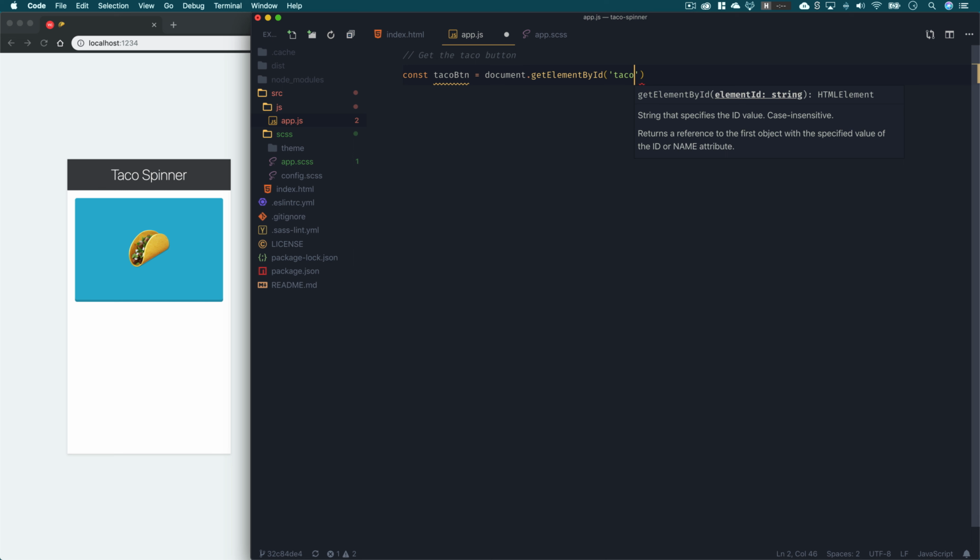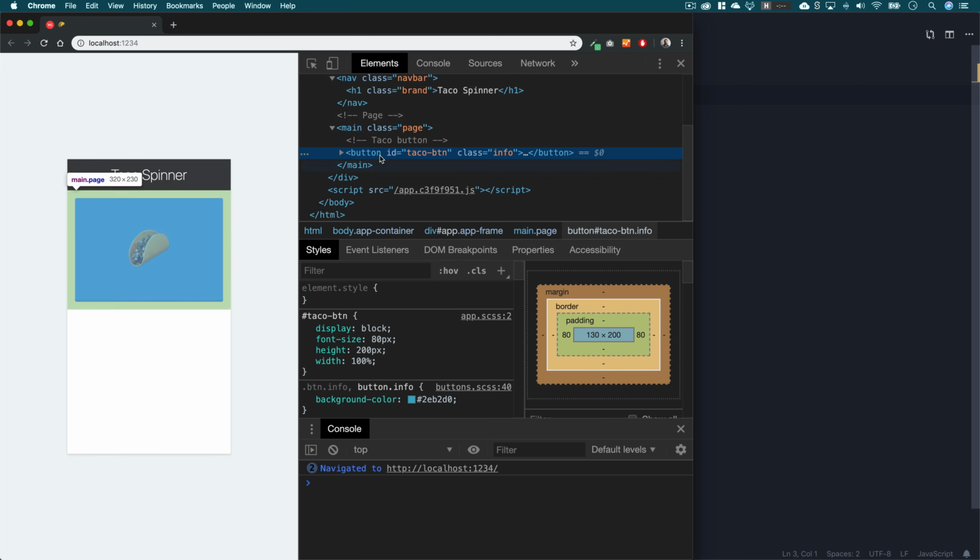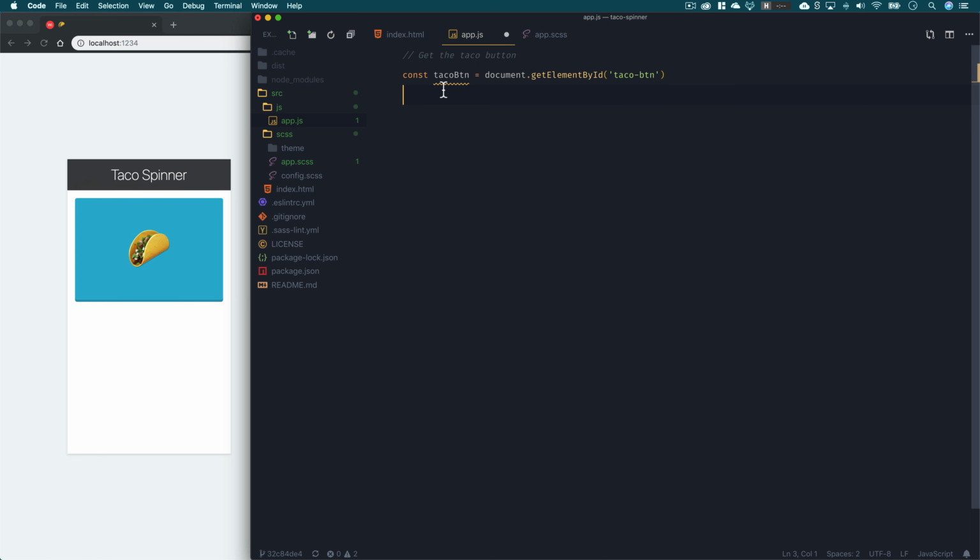So in this case, it's taco-btn. And this is called selection. This is a way that we are selecting an element out of the DOM. Out of all the HTML elements that are in this page, we are singling out this single button with an ID of taco button. And in HTML, as you likely know, IDs are unique selectors, so there can be no other element in the page with this same ID or this same identifier. And that means that we can select a reference to that button in our JavaScript using this